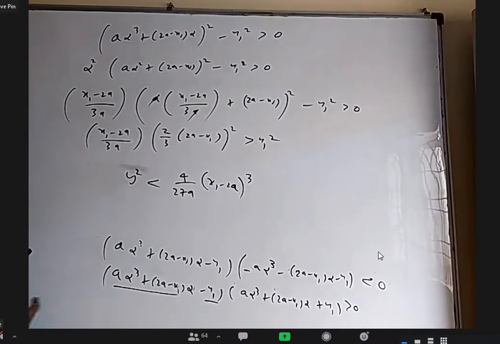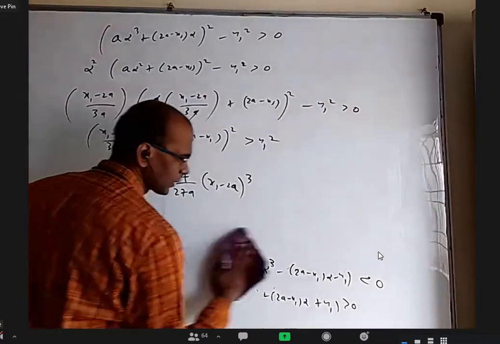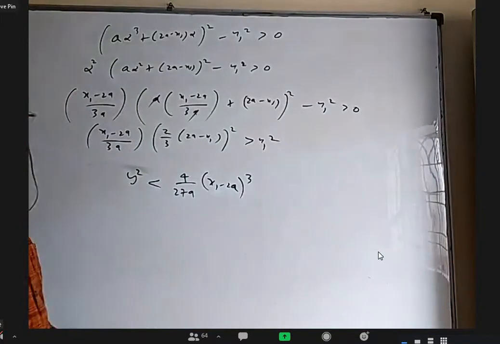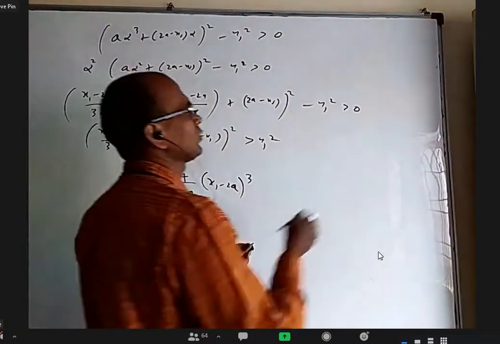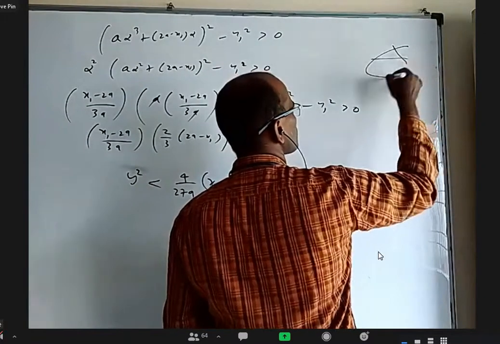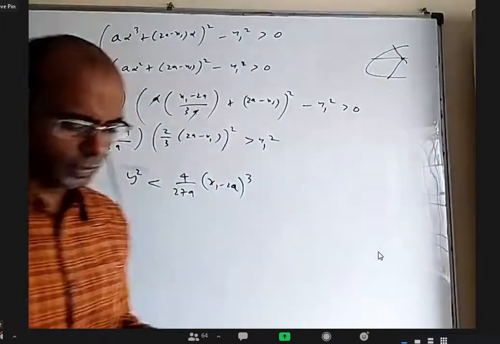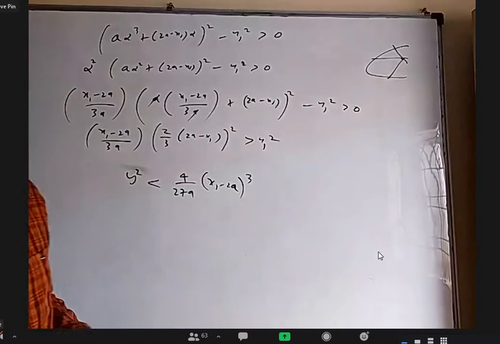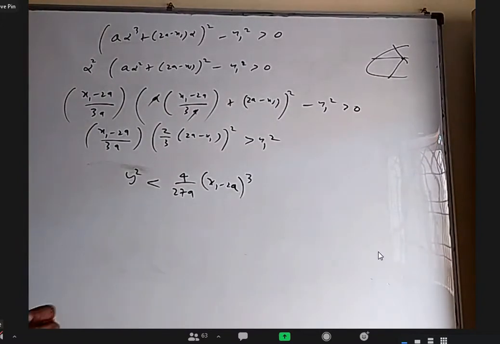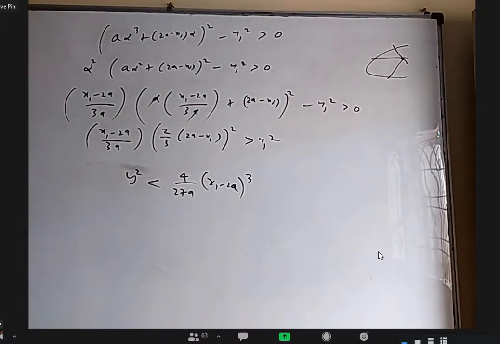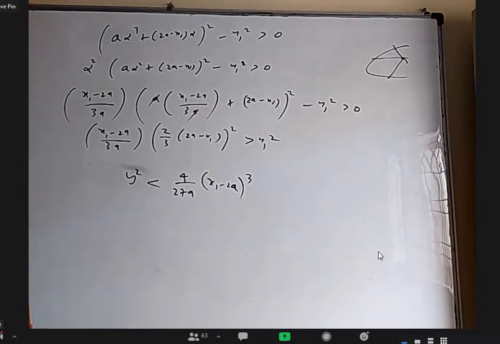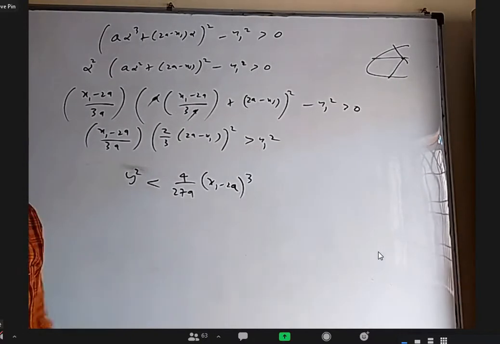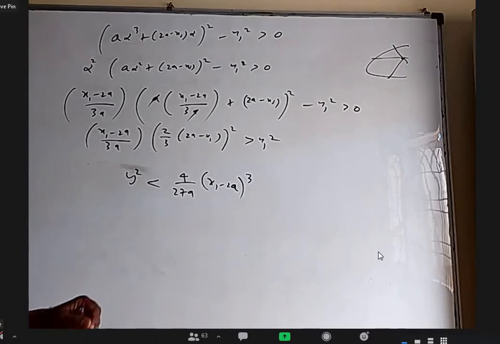So in total, what we have done, I hope everybody is clear. We took the general normal, substituted that point x1, y1 because we want three normals to be concurrent. Then we got a cubic equation. Earlier we had done questions where x1, y1 is given, and we found the three t values. Now we got a cubic equation. We have to find a condition for it to have three distinct roots. For that, the derivative should have two distinct roots. We have to find them, substitute back in the original equation. f of alpha into f of beta should be less than 0. All of you are able to follow?